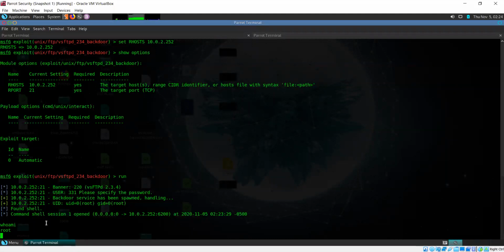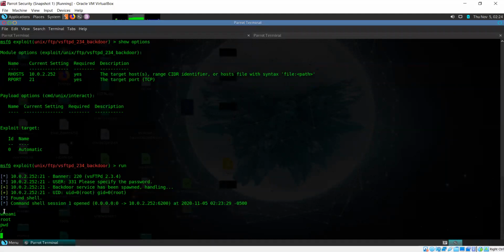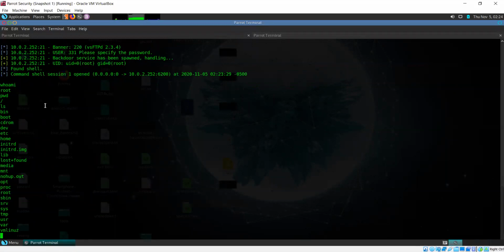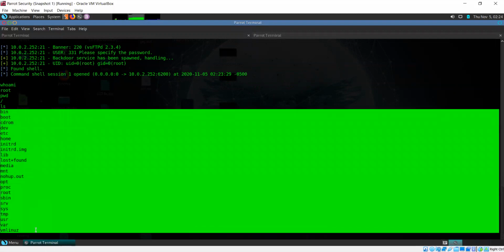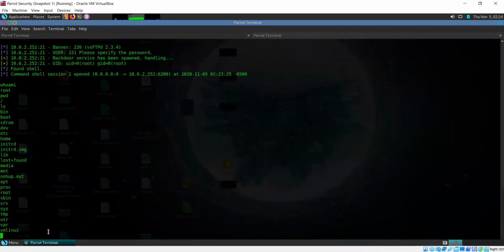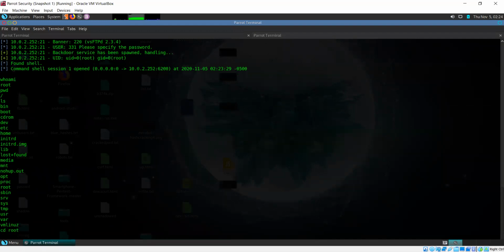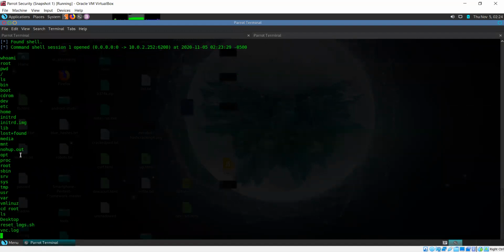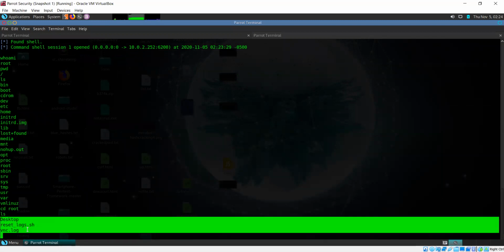Can we type pwd, sir, here? Yes, we should be able to type that. So it's telling us we're in the main root directory. You can type ls. You can type all Linux commands. You saw the different directories present. And since we are root, we can change into any directory. We should be able to access anything. cd into the root directory and see what files are available. So these are the files available.